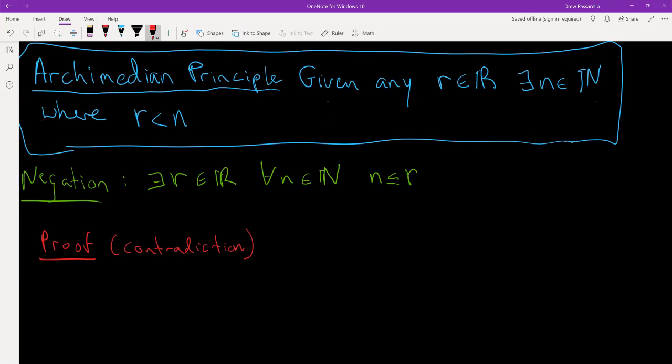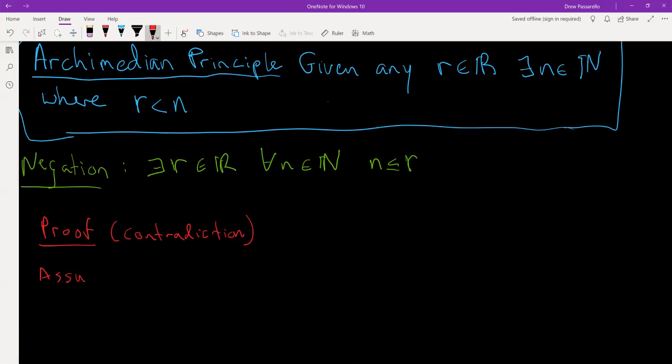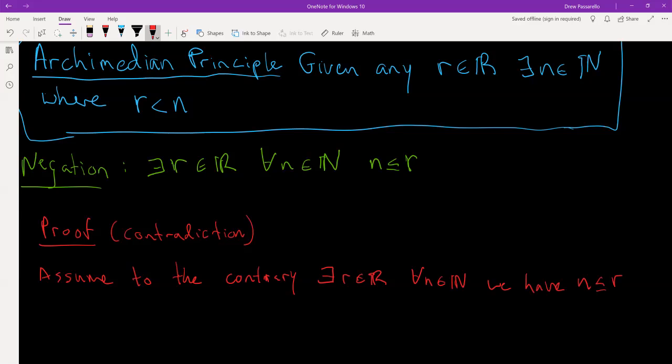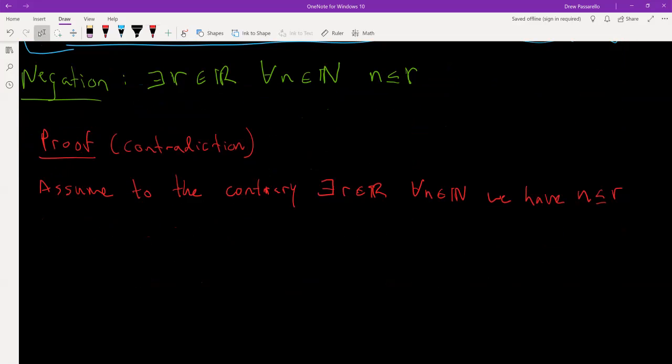All right, so we're going to assume to the contrary that there is that negation, that there exists a real number R. In a contradiction proof, we assume the Archimedean principle statement is not true, which means we're assuming that there exists a real number R such that for all N that are natural numbers, we have N is less than or equal to R. But since this holds for all natural numbers N,